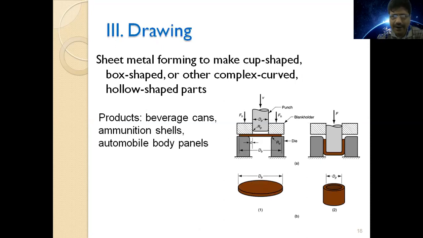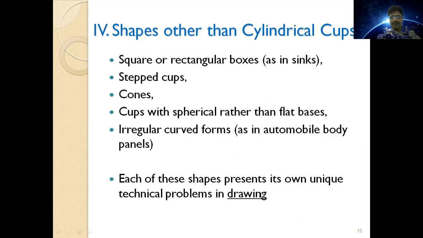After spring back effect, drawing means to increase the depth of a hollow cylindrical portion. This is the process in which a punch hits, and this creates a cylindrical portion like this. We can see here, this is the original part and this is the deep drawn part. Deep drawing is the process that creates a cup-like cavity inside a sheet metal. This is called drawing or deep drawing.